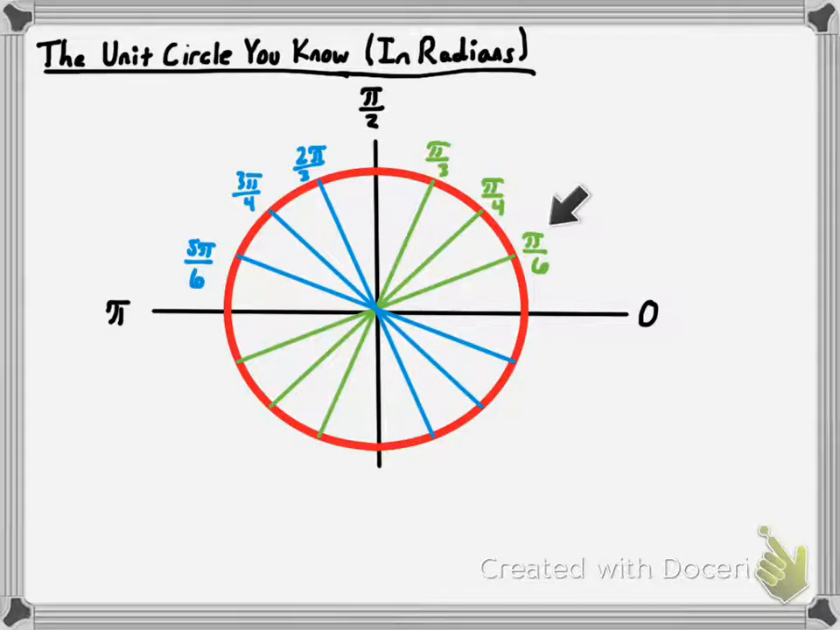We've got 1 pi over 6, here's 2 pi over 6, which is pi over 3. Here's 3 pi over 6, which is pi over 2. 4 pi over 6, which simplifies to 2 pi over 3. 5 pi over 6, and 6 pi over 6, or pi. So now we need 7 pi over 6, 8 pi over 6, which simplifies to 4 pi over 3,